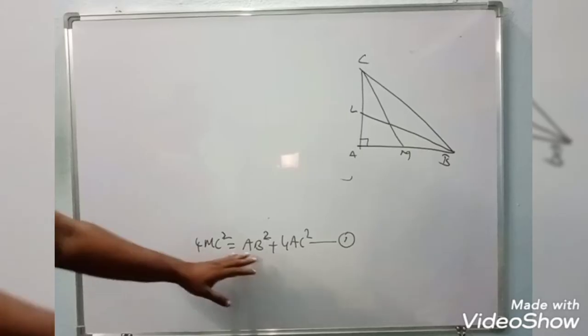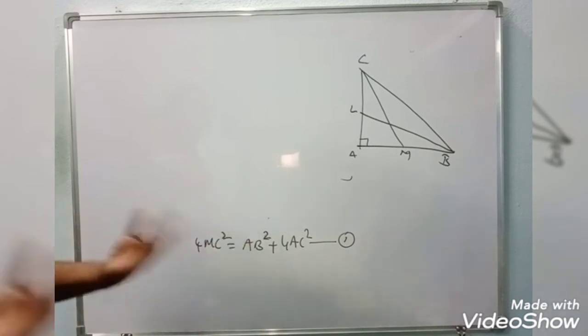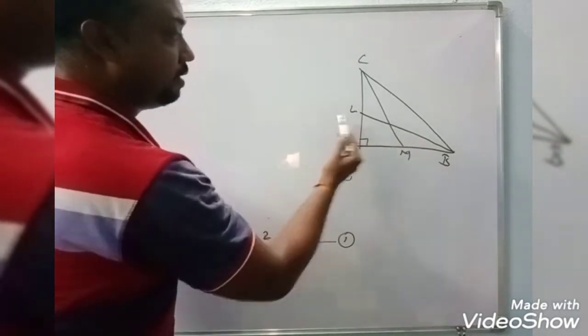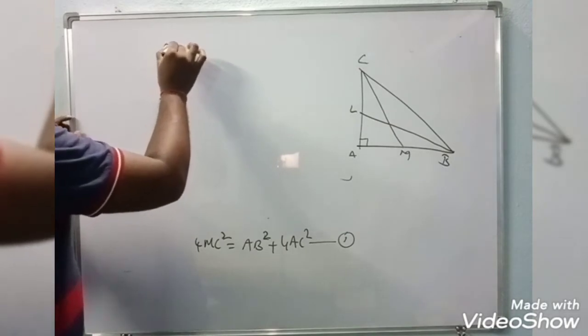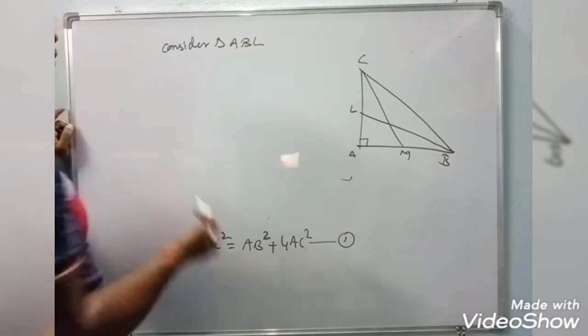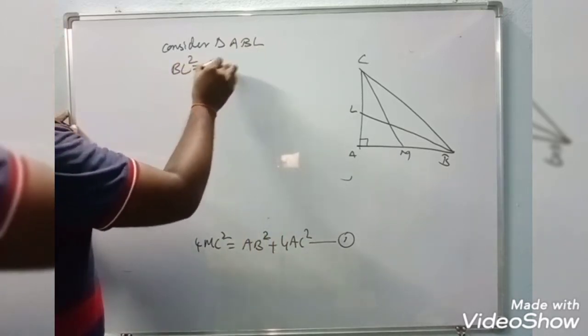Okay, so here we have proved the first one. Next we have what we have to prove. We have to take the second triangle. So to find the next value BL, we have to consider this triangle, that is triangle ABL. Now if I consider this triangle by Pythagoras theorem, we know that BL square is equal to AL